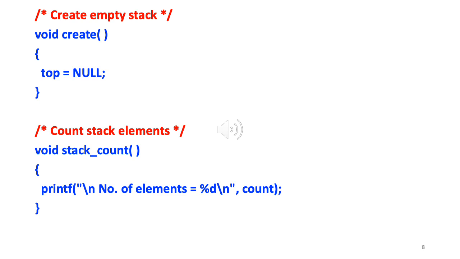Okay. Next function is stack count. So this is again very simple, just essentially a one-line function. So here we are supposed to print the number of elements in the stack. Right. So every time we add, we increase the count by 1. Every time we pop or delete, decrease the count by 1. So at any given point of time, we want to print the count, void stack count. So print number of elements is %d count. So these two functions are quite simple. Okay.